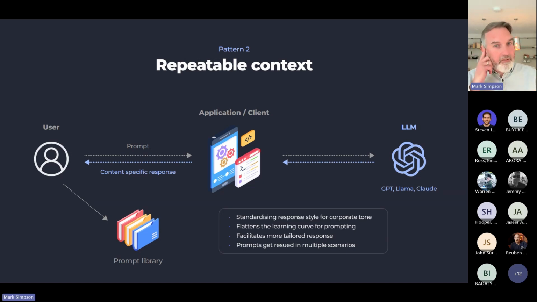This gives you a much more tailored response with a corporate tone, and it allows you to reuse that and standardize across your organization. It also allows people with less skill in how to prompt a model to just ask questions how they would normally interact with something.